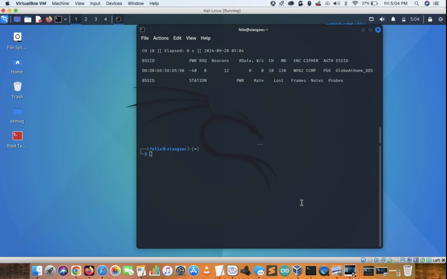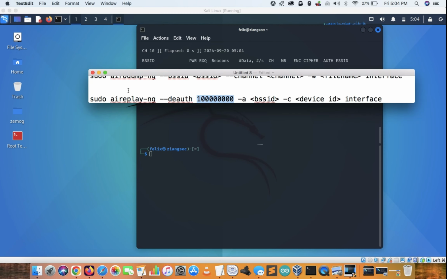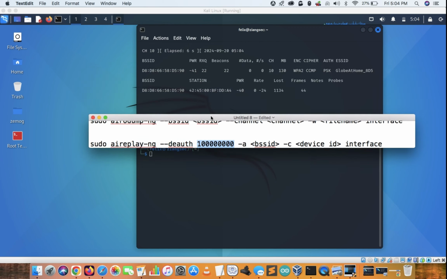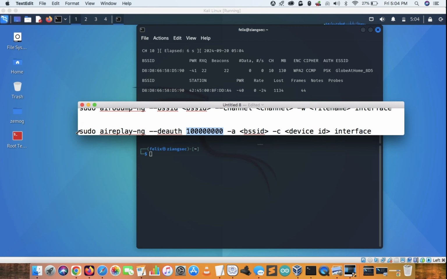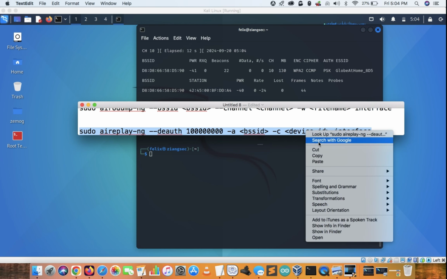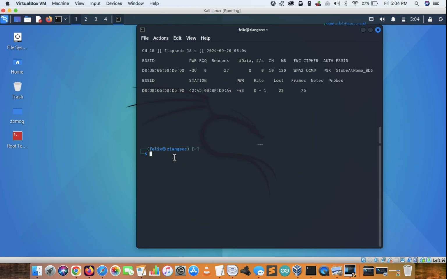Now let's go back to this one. So what we are going to do is try to disconnect the device. Place it here.